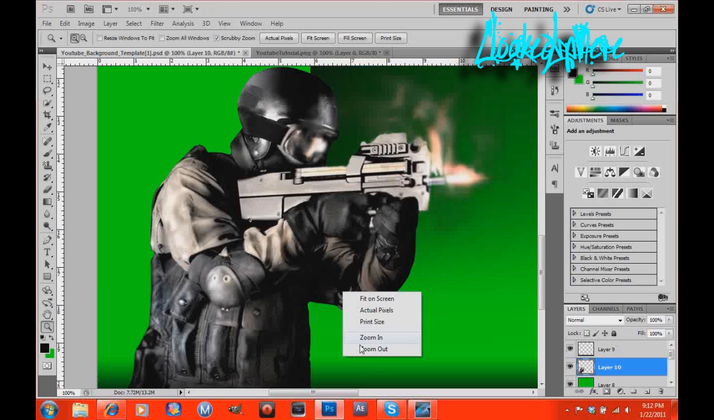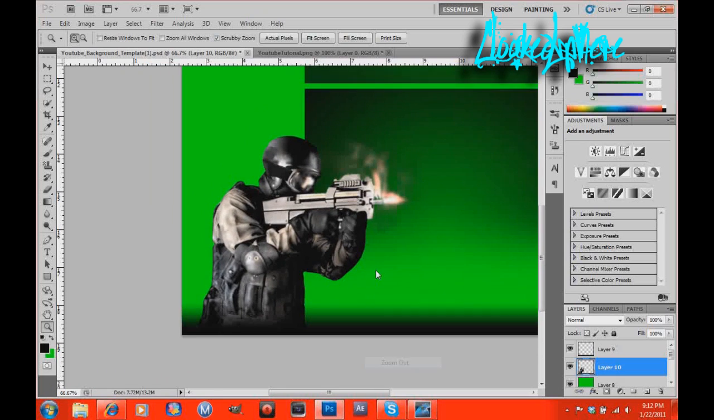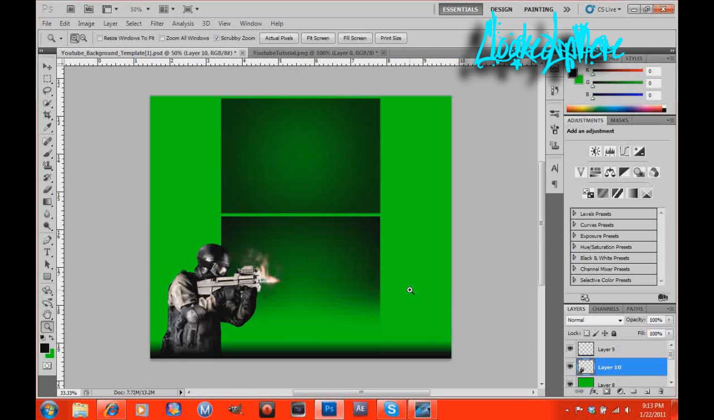Okay, now you're going to click on this again. Zoom out. Zoom out. Zoom out. And you're going to get back to normal, and it should look pretty professional once you're done. Okay, now that you got your guy in there, you want to add some text. First, what you're going to do is click on the giant letter T,